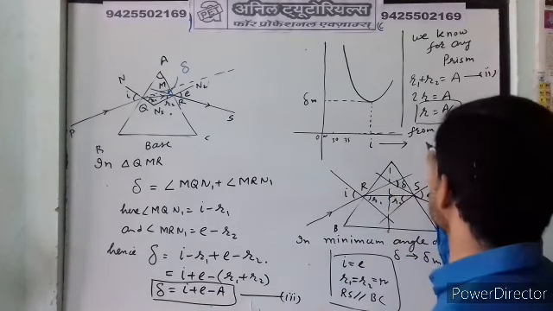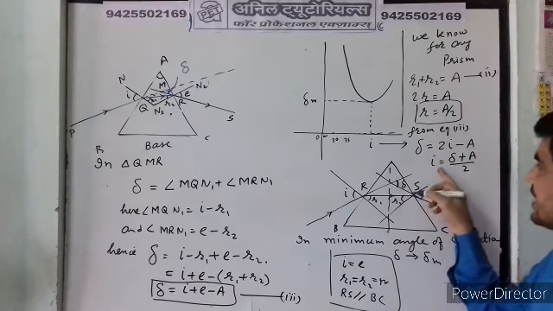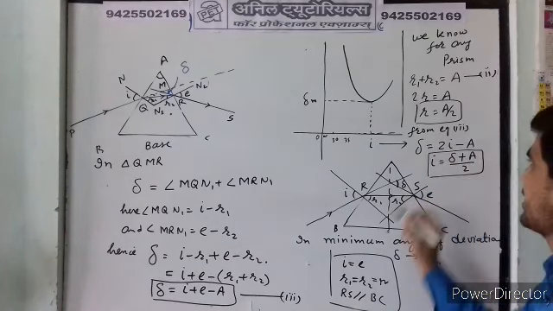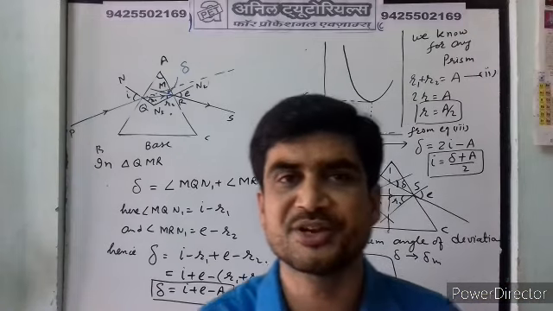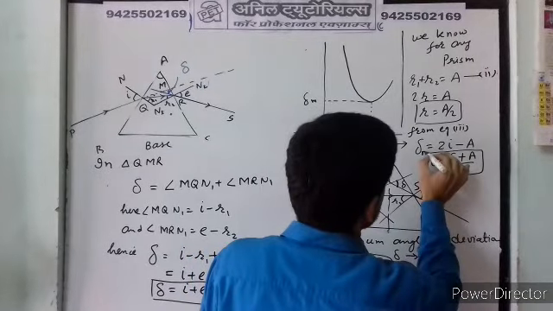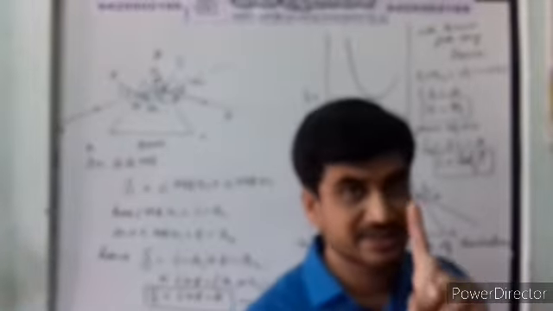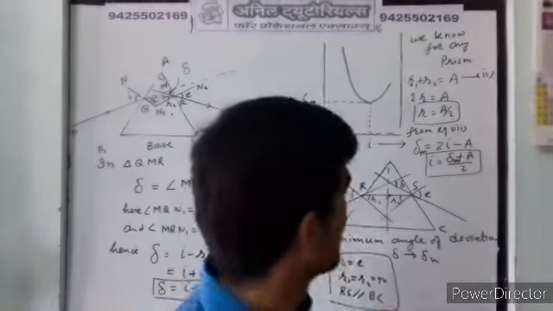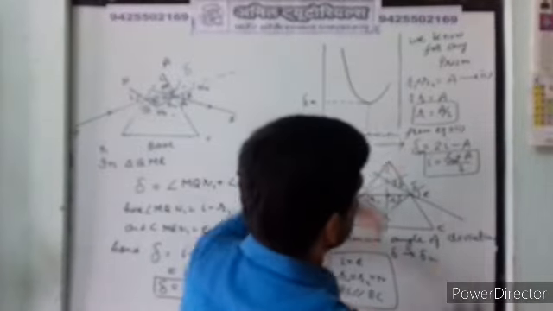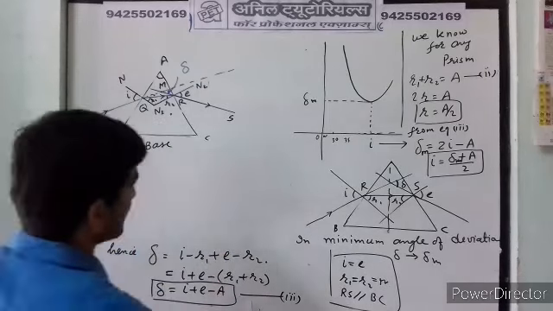we will have delta is equal to 2i minus A, means i equal to (delta plus A) by 2. So you got r equal to A by 2, and you got i equal to (A plus delta m) by 2, where delta is the special delta, minimum deviation. Not always, it happens only at minimum angle of deviation, remember. When you put these two values in the main equation, you can get the refractive index.